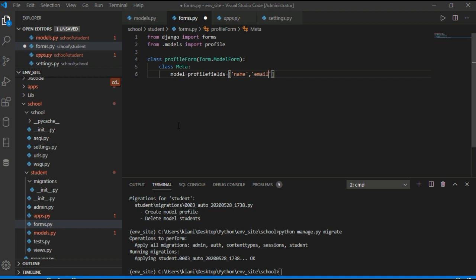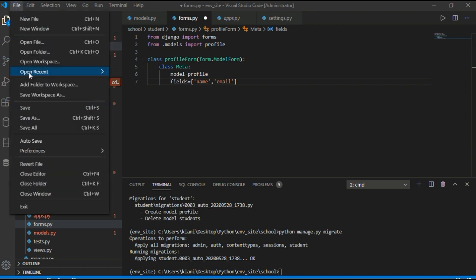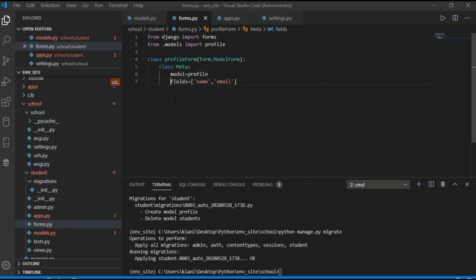So we have two fields, fields is equal to name and email. So this will create a class, and we save this. For the profile form, we will use this in our code.